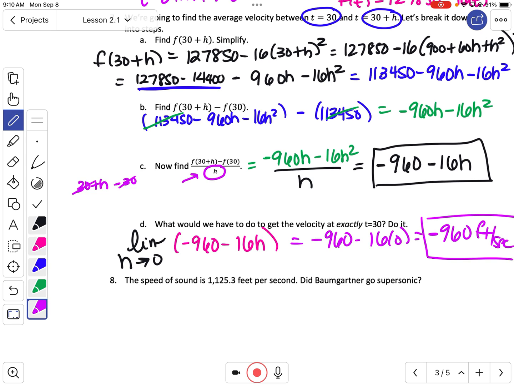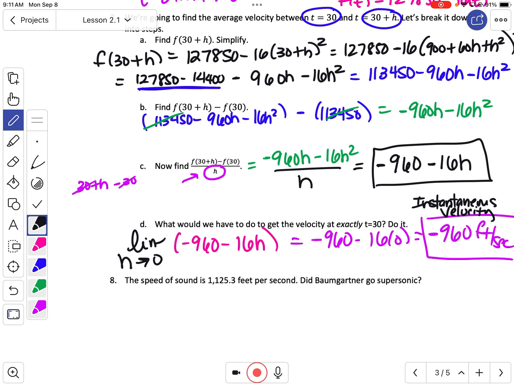Okay, and so that is his instantaneous velocity at exactly t equals 30, okay? We can't do velocity without two values, right? It takes 2 points to be able to do an average rate of change, but to make it instantaneous, we take a limit,